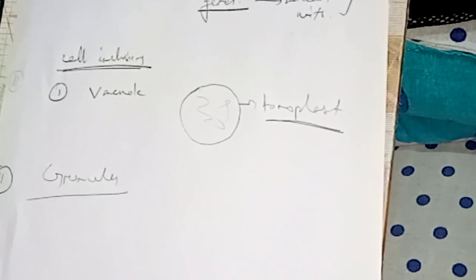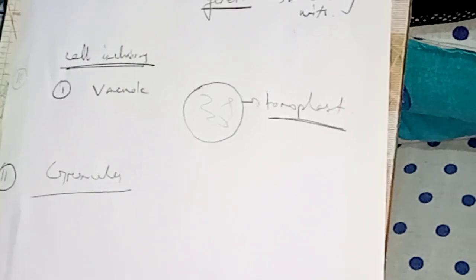So with this we complete the entire structure of the cell. Now children, you will be getting questions on differences between plant cell and animal cell, which is already given in your textbook. Please go through it. Diagrams you practice for plant cell, animal cell, bacterial cell, all these are given in your textbook.